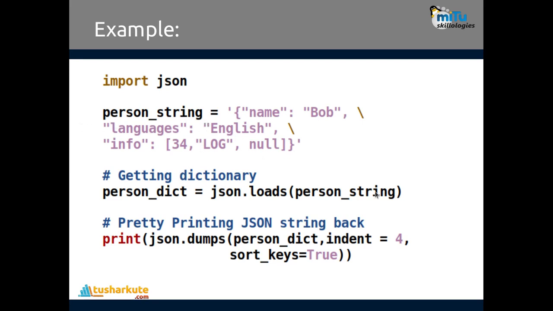Then I'm loading that person string into dictionary format, and after this, when we dump the data, you have to pass some parameters there. See, print json.dumps, the person dictionary, whatever dictionary was created here. Then indent 4, meaning 4 spaces of indentation are assigned, and sort_keys equal to true. So whatever keys are there, accordingly the information will be sorted, and then printed on the screen. Indent is given 4. I'll show the output.